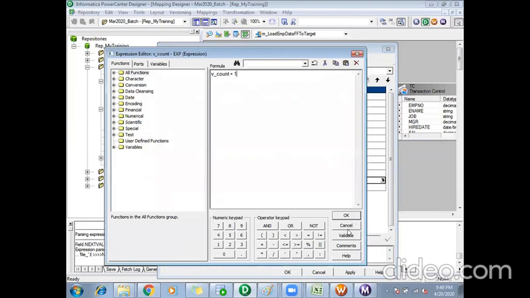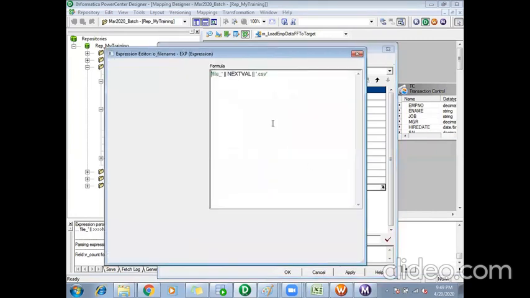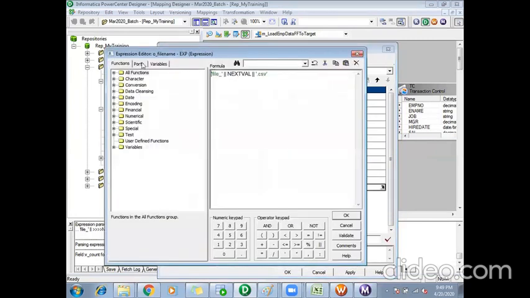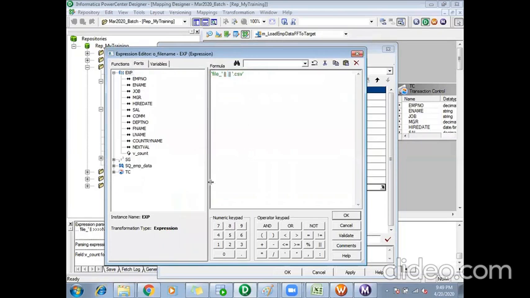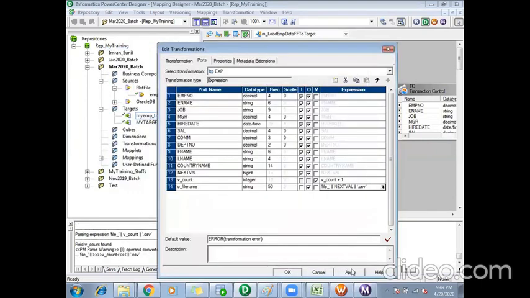So let this be so that it will always be unique, because next val I think will give me 10 every time. So all file names will be the same and it will overwrite. Okay, let's see what this value will give me. We validate. Okay, apply. Done.